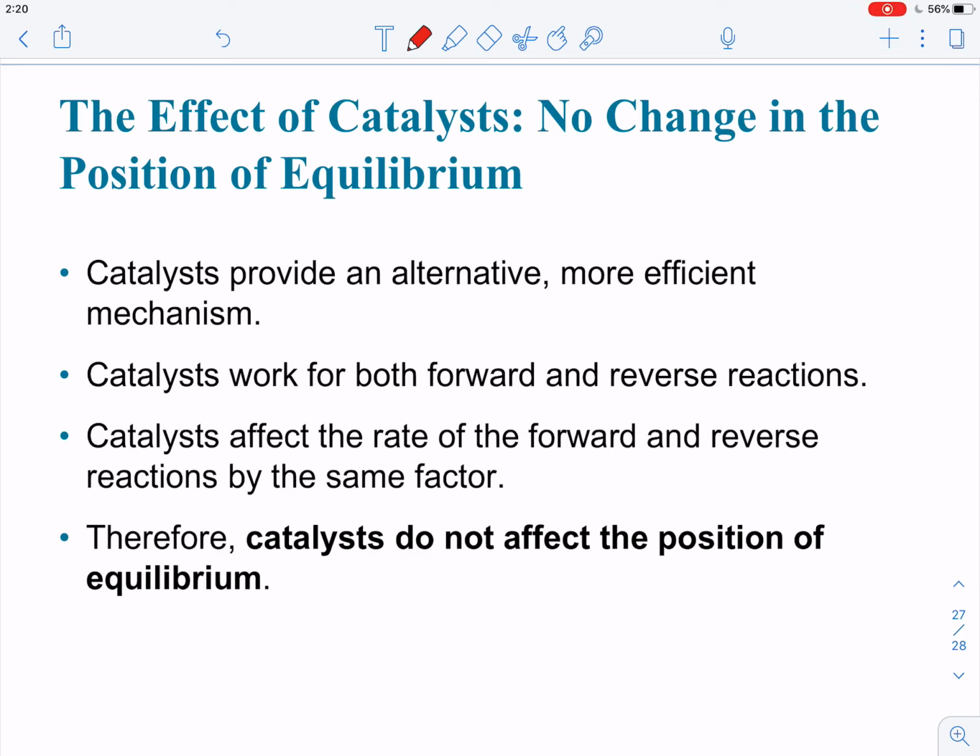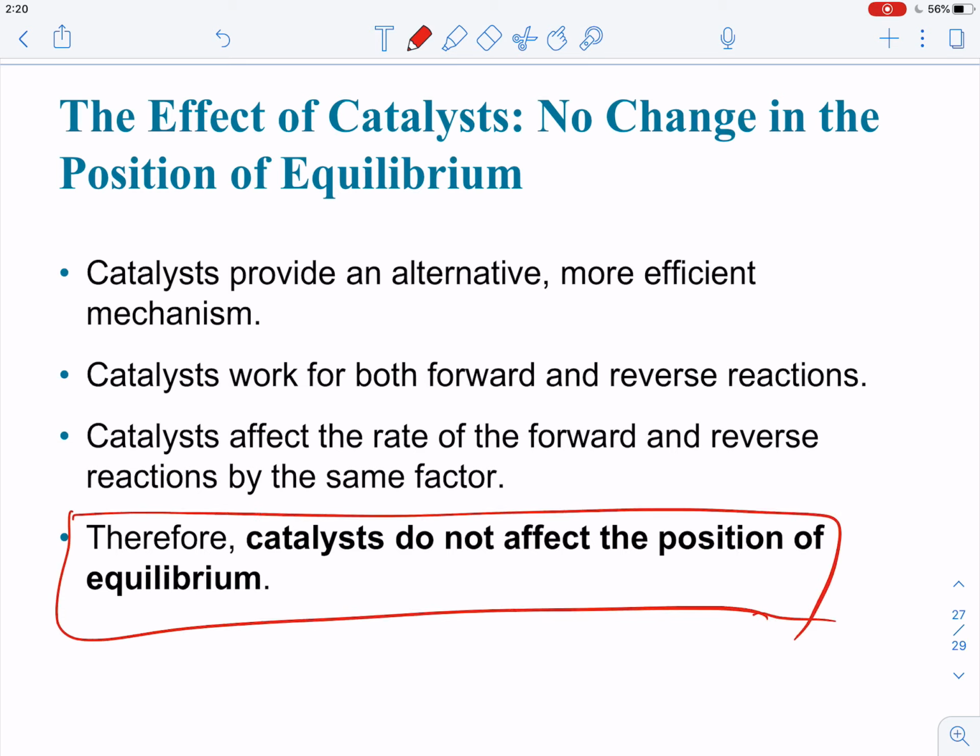So just adding the catalyst will not change the position of the equilibrium. It will just change the time you require to reach the equilibrium. So just remember this: catalysts have no effect on the position of the equilibrium. They only have an effect on the timing, how long it takes to reach equilibrium, but not what position